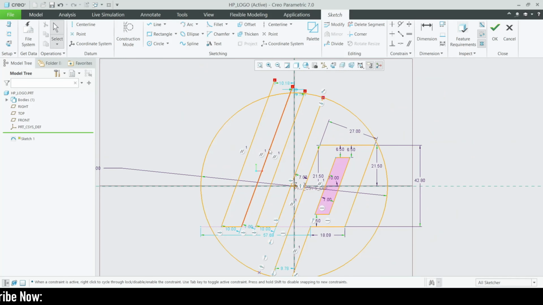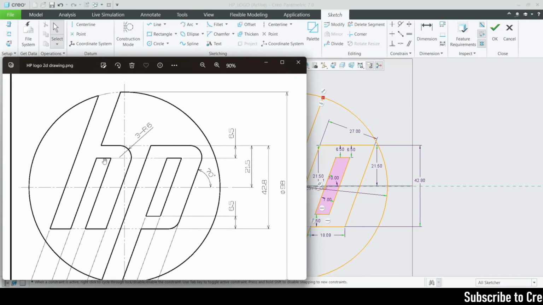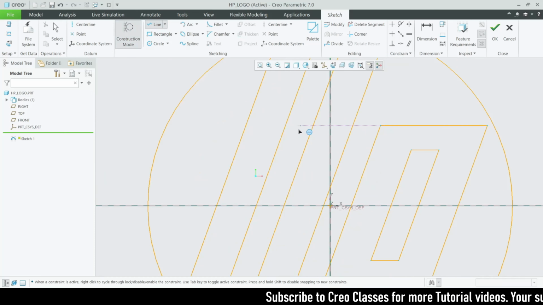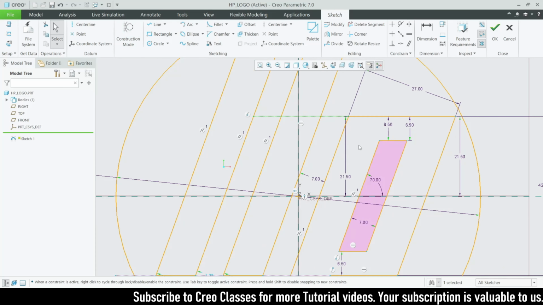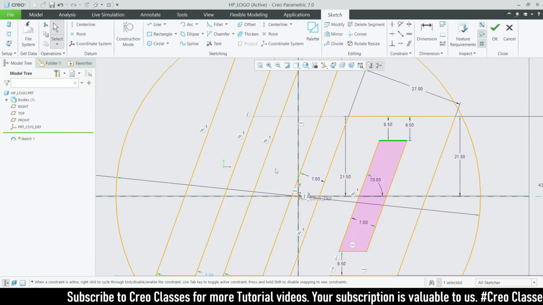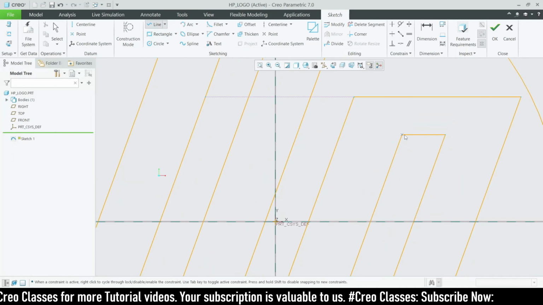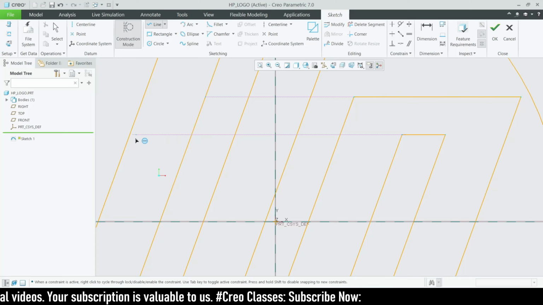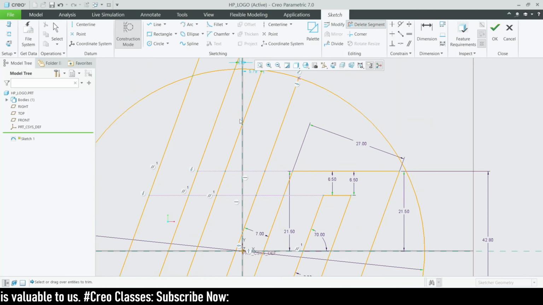Okay, so next thing here is I just want to create lines like this for this line. So this first line, the top line will be aligned with this text P. So let's go for the constructive line. From here, a straight line up to this, okay, and then one more constructive line. I think from this edge. Okay, good. So line from here, sorry, constructive line. Okay, straight line up to this. Okay, good. So the next thing is I can delete these,